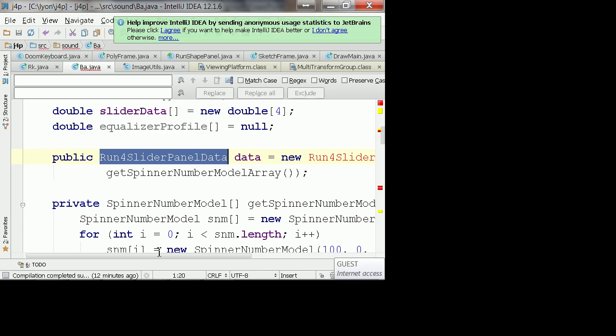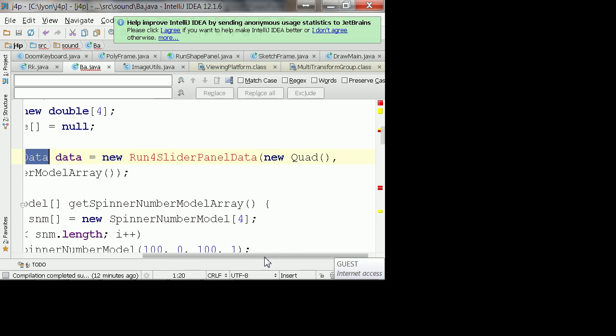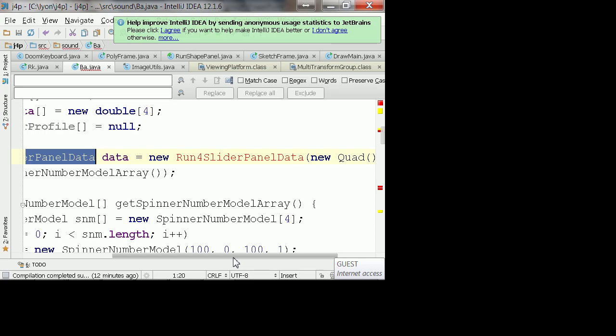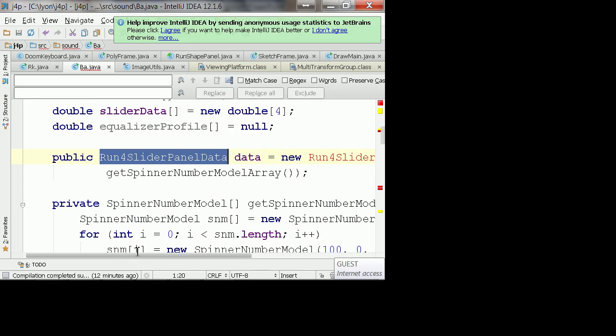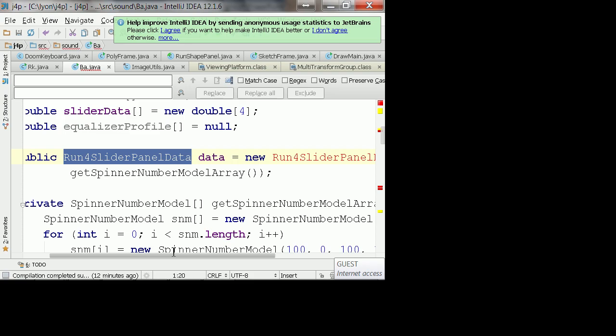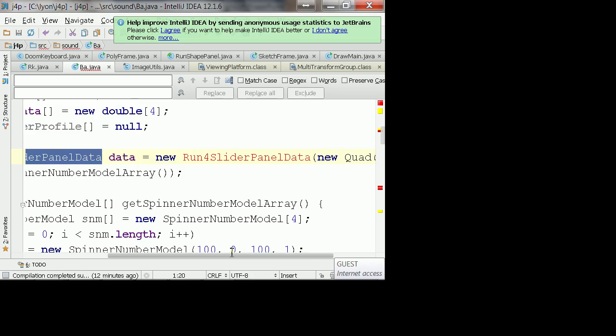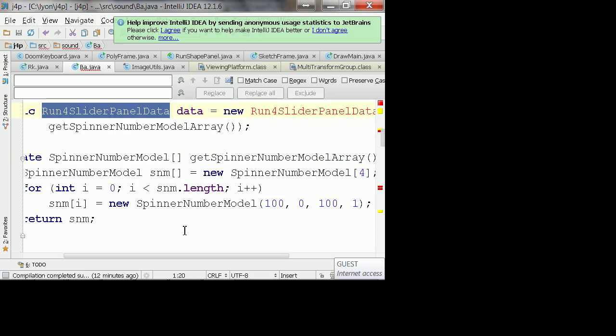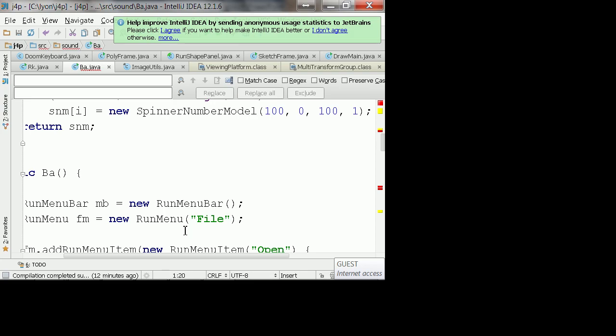array of spinner number models. Yeah, that's just to set the spin. Yeah, especially where the quads are coming back. So I brought that in to change the spinner number model. You see, I went from starting at 100 with min 0, max 100, step size 1. Yeah, I see that. Yeah. That's why I used